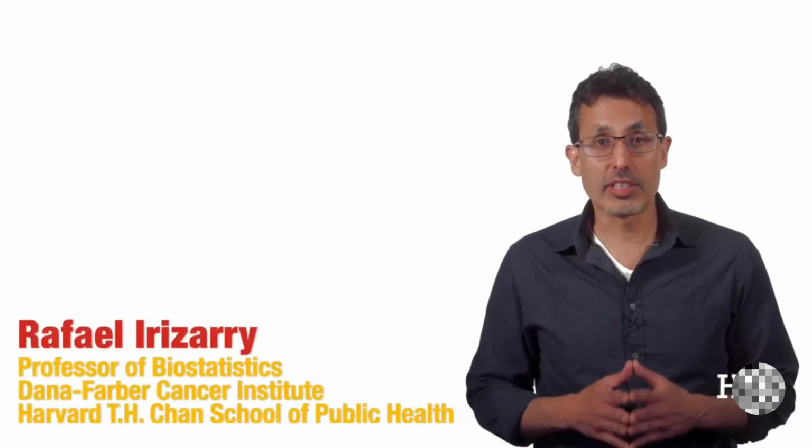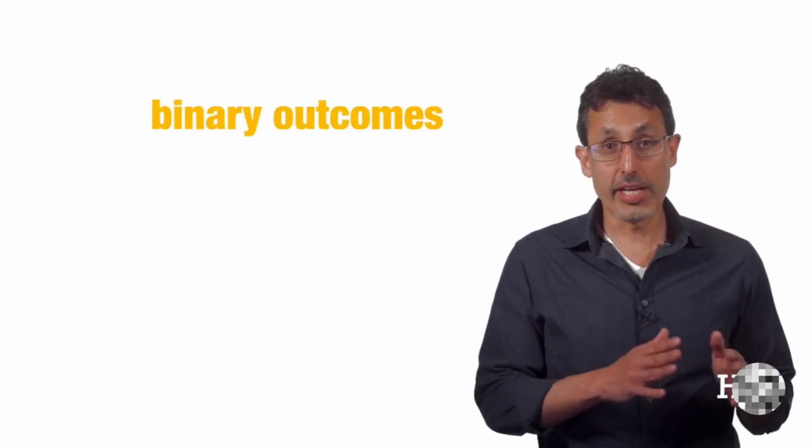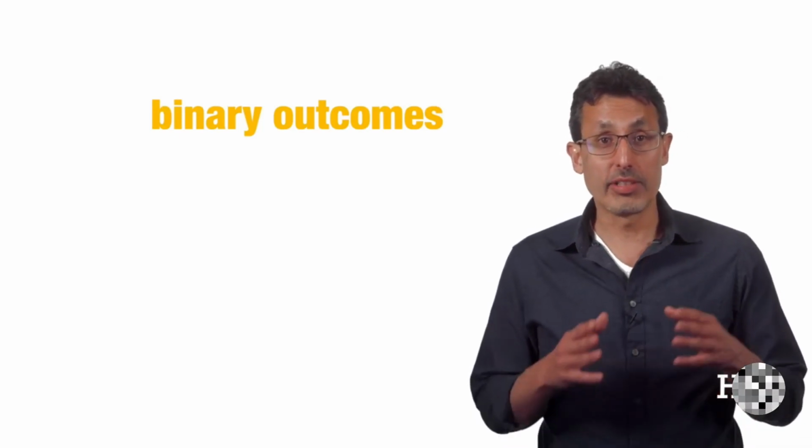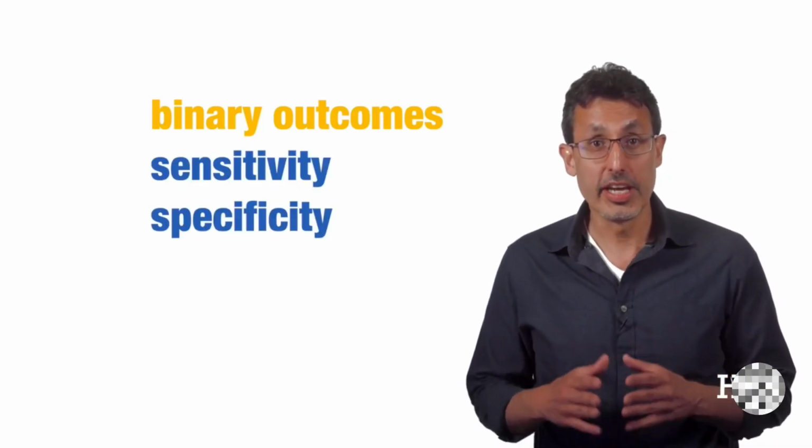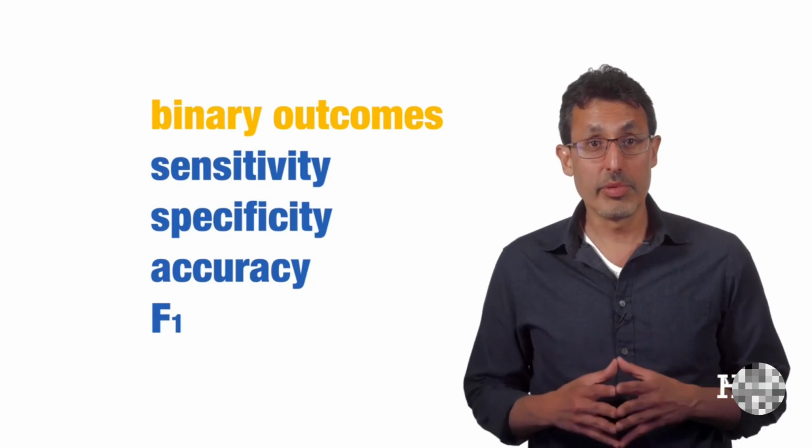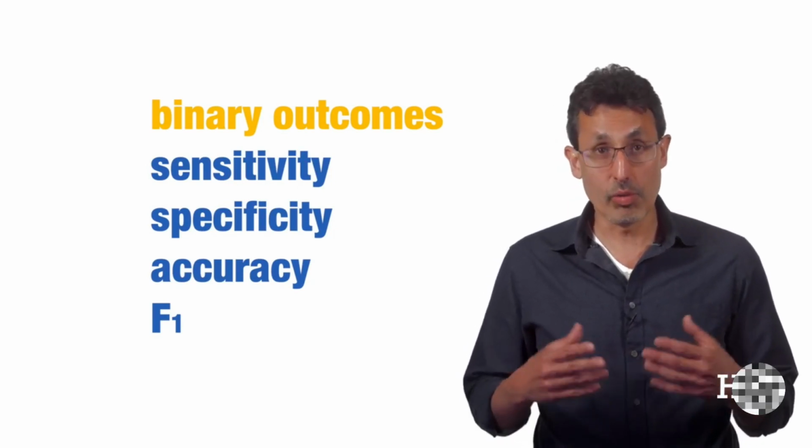Up to now, we have described evaluation metrics that apply exclusively to categorical data. Specifically, for binary outcomes, we have described how sensitivity, specificity, accuracy, and F1 can be used as quantification of how well the algorithm is working. However, these metrics are not useful for continuous outcomes. In this video, we describe how the general approach to defining best in machine learning is to define a loss